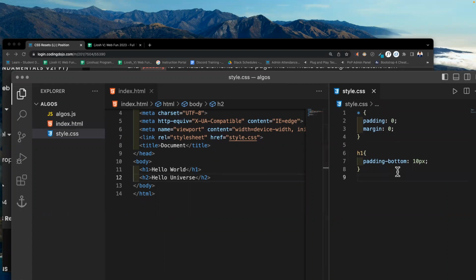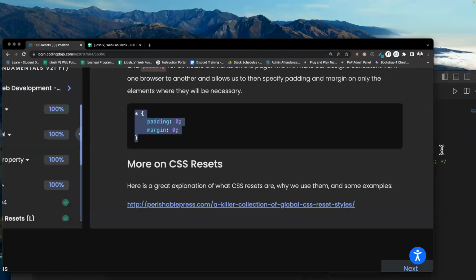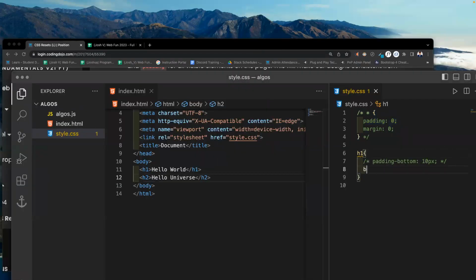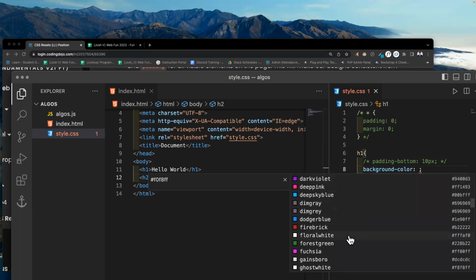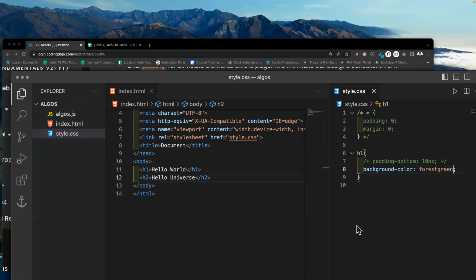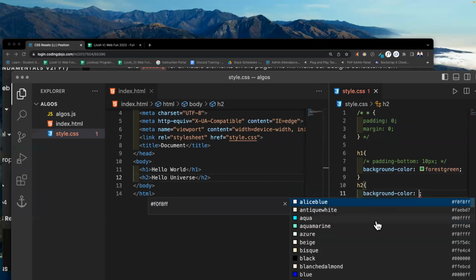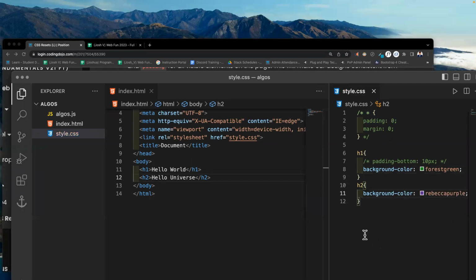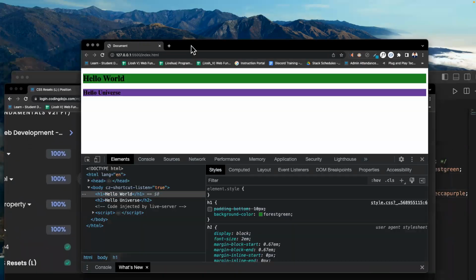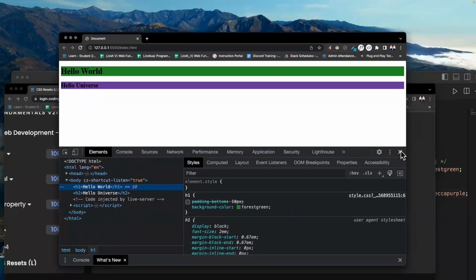So let's go ahead and see this without the reset. And I'm going to say, actually, H1, I'm going to say background color of forest green, and our H2s are going to have background color of Rebecca purple. Okay. So